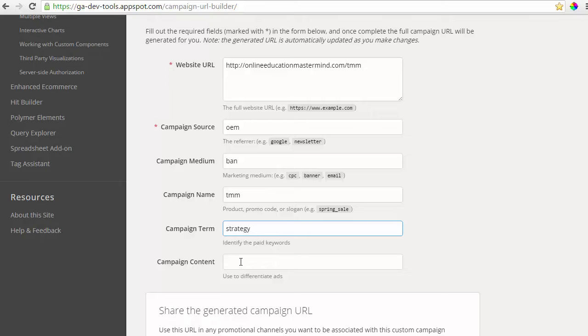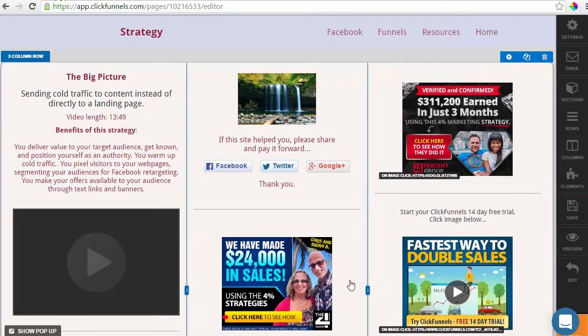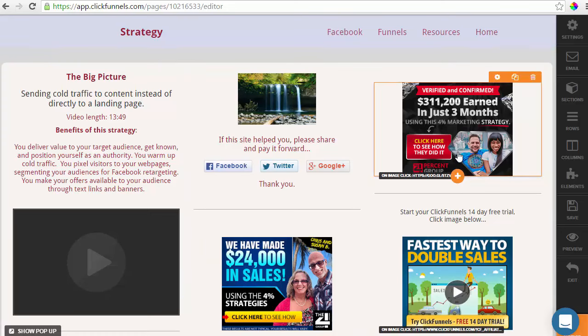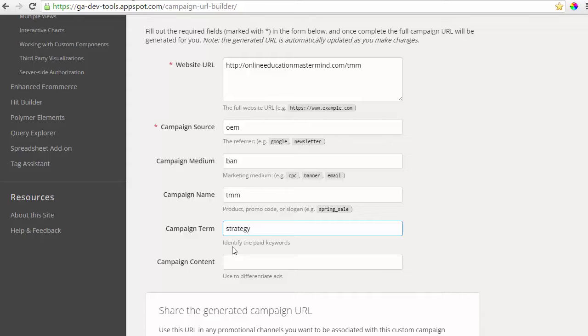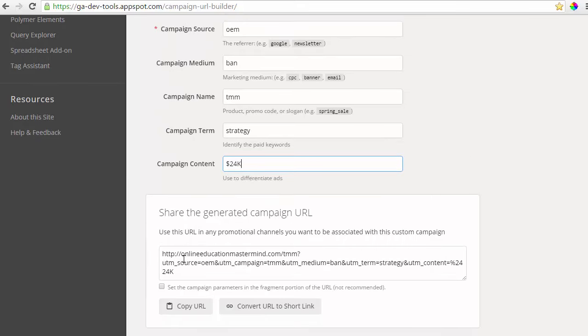All right, the campaign content is going to be how I'm going to distinguish this banner from this banner. This banner, abbreviated, is JD for Justin and D. Now for this banner, to identify it, I'm going to write, I think, $24,000 as the campaign content. I'm just going to write it as 24K. Right? There we see now the